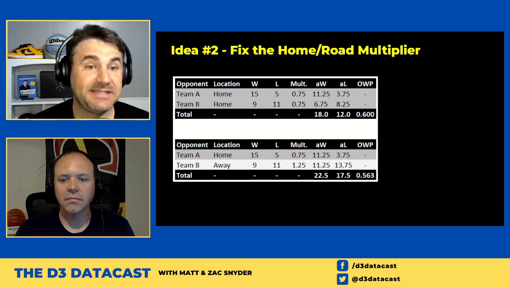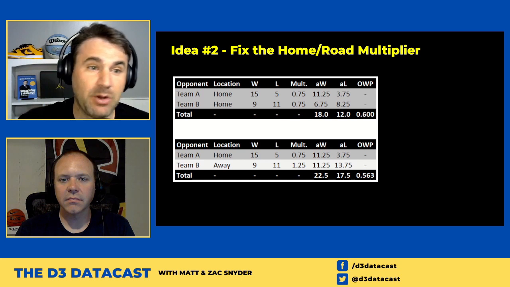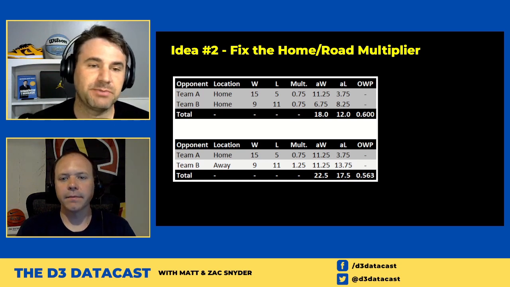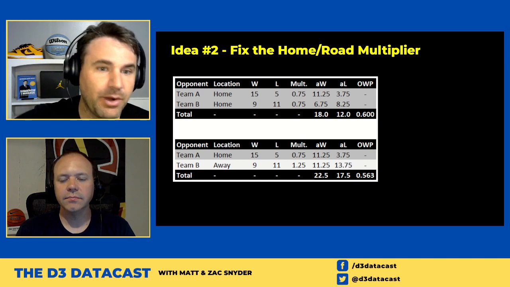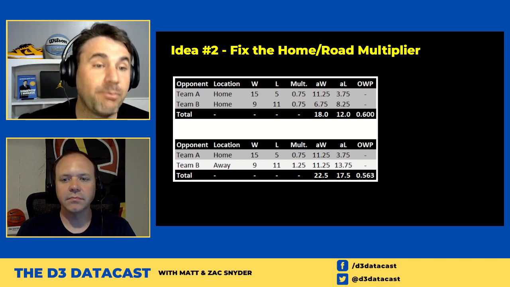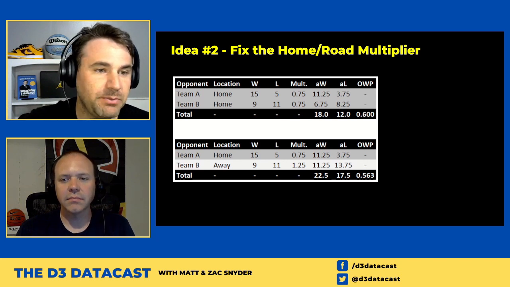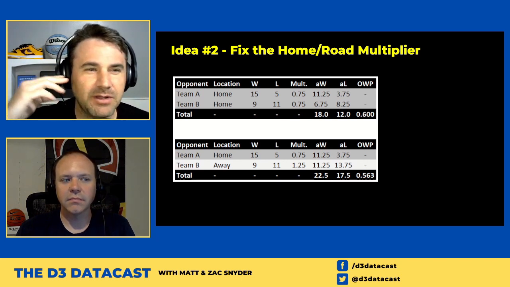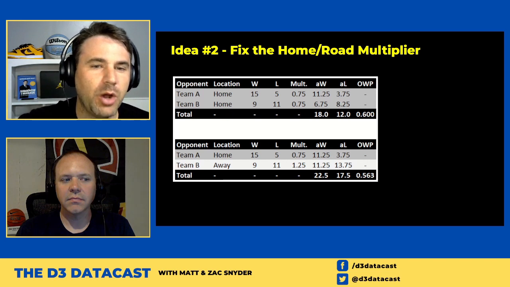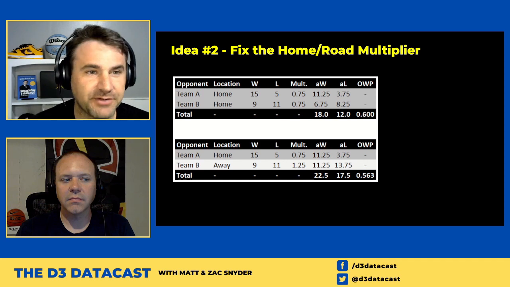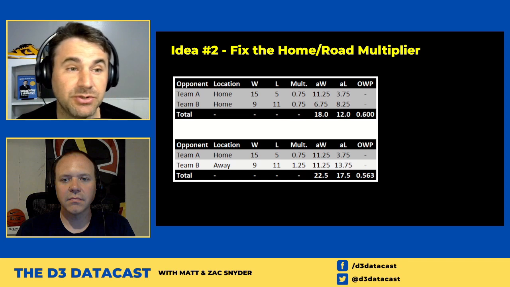Let's take that second game against Team B, and let's say that was actually going to be a road game, or there's an adjacent team who's played the same 2 teams but played Team B on the road, whatever the case is. That becomes a 1.25 multiplier for the road game. You multiply that with the wins and the losses. And actually, Zach, the way this happens is that it decreases the OWP of these two. So we switched a game from home to road, and in this 2-game stretch, it makes our schedule look softer, right? So to me, this is completely counterintuitive, and this is not what it's intending to do.